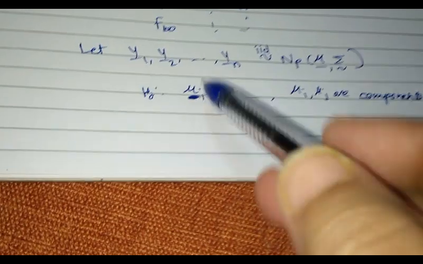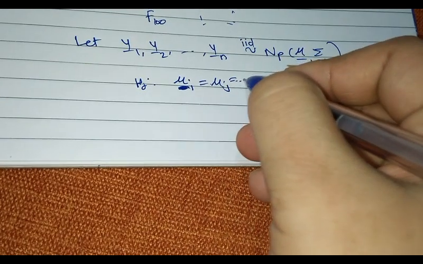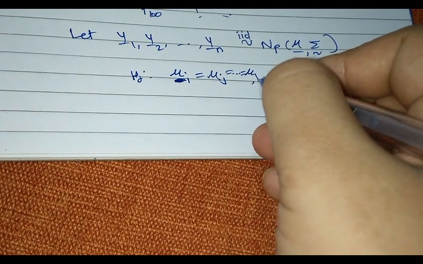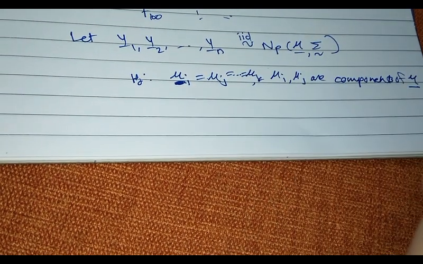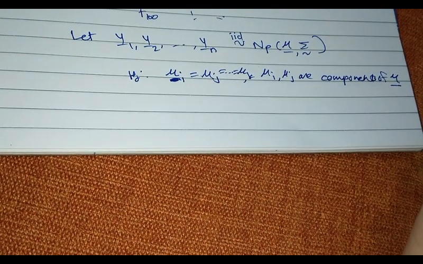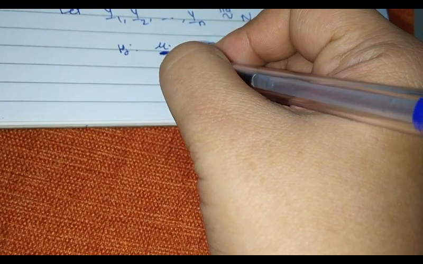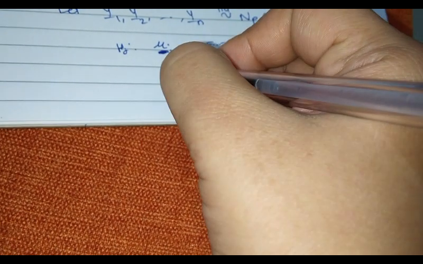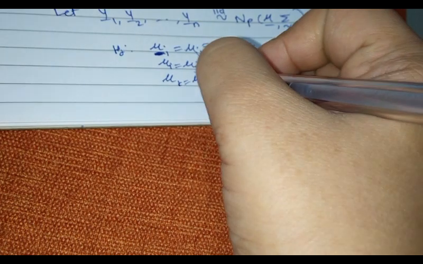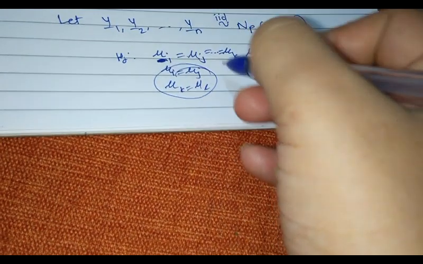And it need not just be two components. You can actually have mu_i, mu_j and so on up to some mu_k. Okay, you can test multiple components also. Or you may have say mu_i equal to mu_j as one hypothesis and then mu_k equal to mu_l as second hypothesis, and you want to jointly test these.